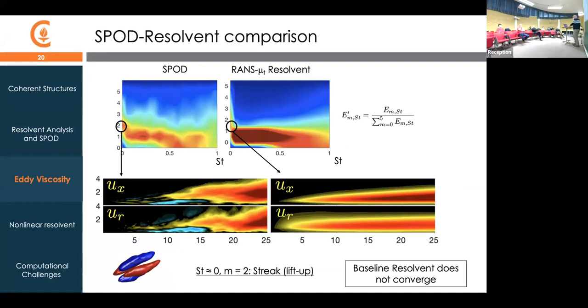The agreement here, and this probably gets to Dwight's question about zero frequency, isn't nearly as good. There are two factors here. First of all, the eddy viscosity model wasn't able to exactly align these two structures. But moreover, the SPOD at these very low frequencies is really hard to converge. So when you look at these pictures, you should hold them as a statistical convergence issue, that they're not perfect. We just don't have enough data to get a perfect version of those structures.